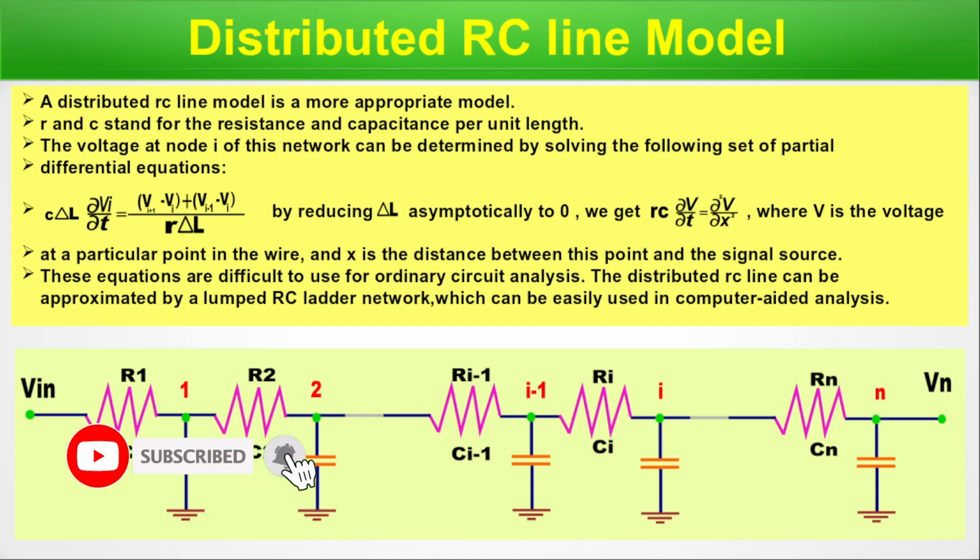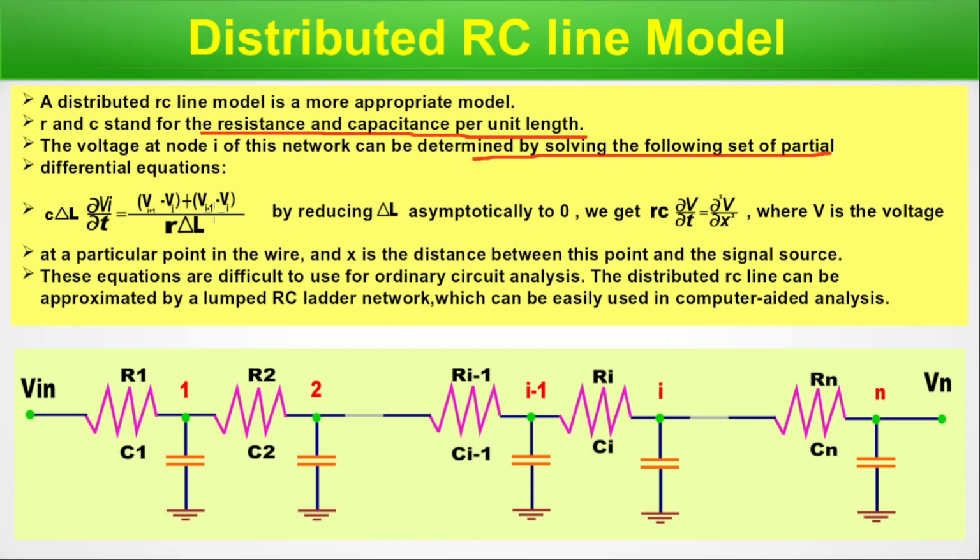Distributed RC line model. The distributed RC line model is a more appropriate model. R and C stand for resistance and capacitance per unit length. We know that parasitics are distributed across the length. Here the resistance and capacitance are per unit length. The voltage at node i of this network can be determined by solving partial differential equations. C delta L del Vi del T equal to Vi plus 1 minus Vi plus Vi minus 1 minus Vi divided